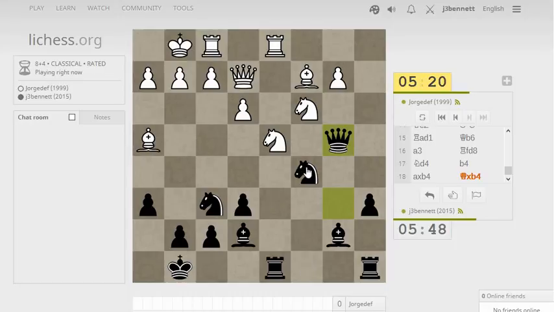Maybe this knight really needs to go back somewhere. It could come around this way. Knight to d7, to f8, to g6, and chase the bishop away from that pin. And then that bishop would go to g3. Okay, so he's getting something off of the...